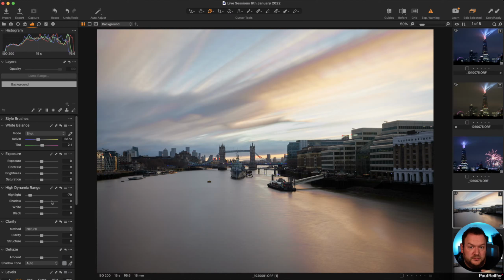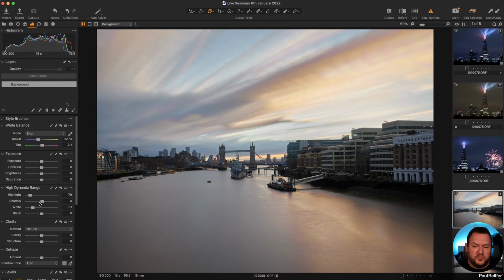My suggestion, personally, when it comes to HDR, use a bracketed version where you can't do it with a single shot. That's the challenge. But I wouldn't use HDR as the go-to. I would use it if the shot is particularly tricky. If you can do it using the existing HDR or high dynamic range sliders, then go for it. And in this case here, we don't need to use a bracketed shot. We can achieve what we want using those sliders.